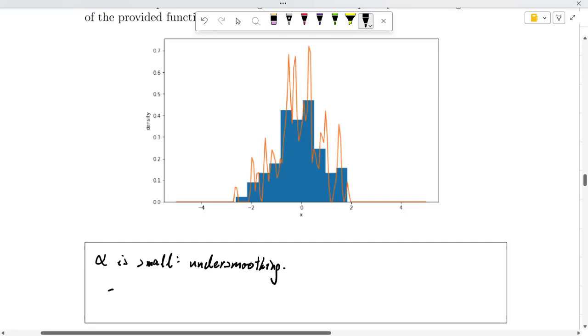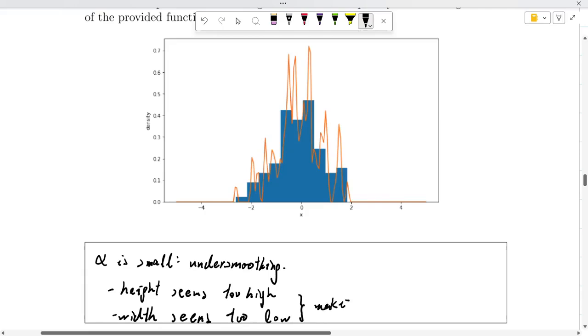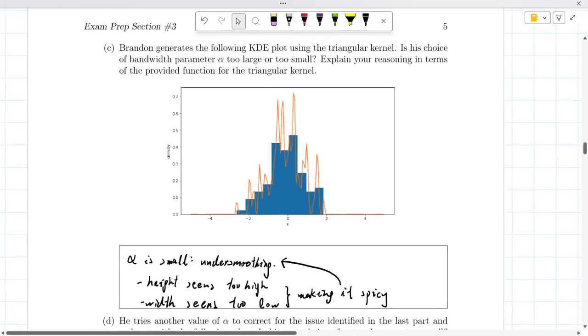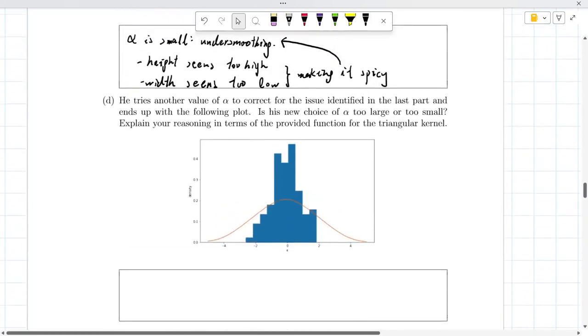Okay, and then there are two proofs that we have for this. First is that the height of the kernels seems too high, and second is the width of the kernel seems too low, making it spiky, thus letting us think that the resulting KDE distribution is undersmooth. So, of course, to resolve this, you can just make alpha a larger value. But you need to be careful to not make it too large, or else it looks like what we show